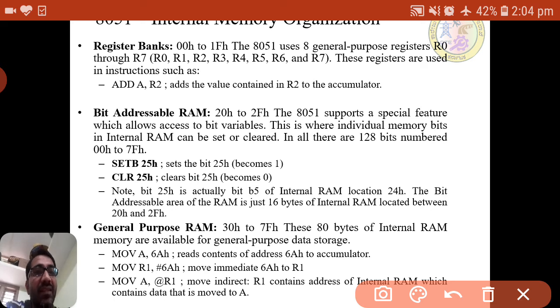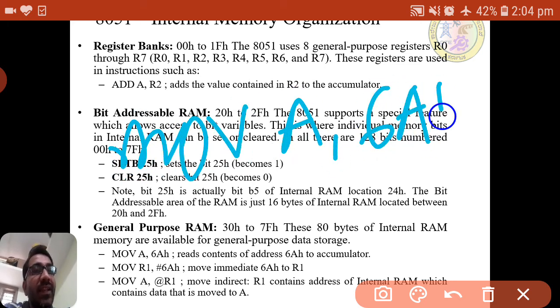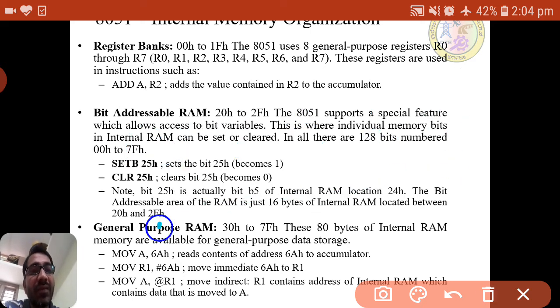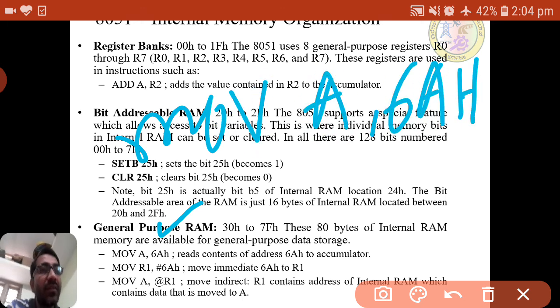And here general purpose means 30 to 7F, general purpose 80 bytes. In that, the general instructions use the byte addressable area. For example, here we have given MOV A, 6AH.